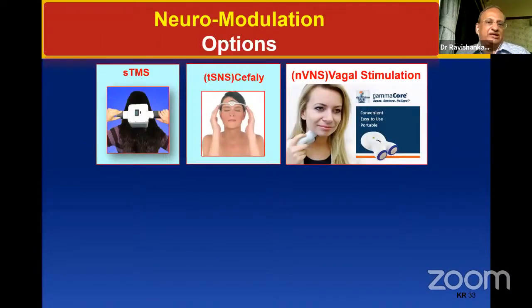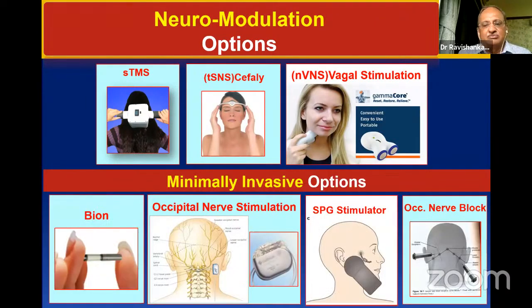And lastly, what do you do in refractory migraine when these preventive options, which I talked about, do not work? You can go in for the neuromodulatory options: transcranial magnetic stimulation, supraorbital nerve stimulation, that is Cefaly, vagal nerve stimulation, gammaCore, and sometimes you can buy time by doing an occipital nerve block. And lastly, the end stage is to go in for surgical measures using occipital nerve stimulation and